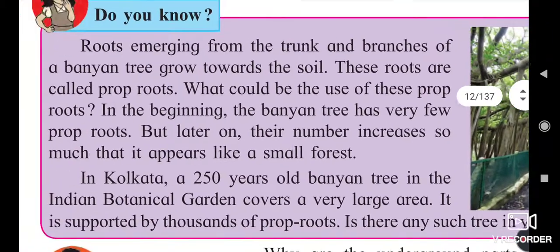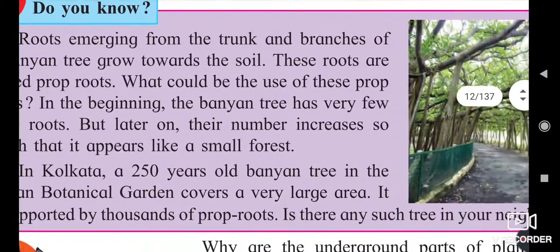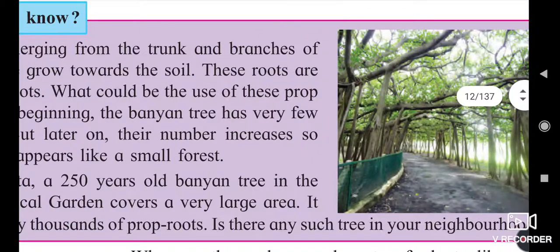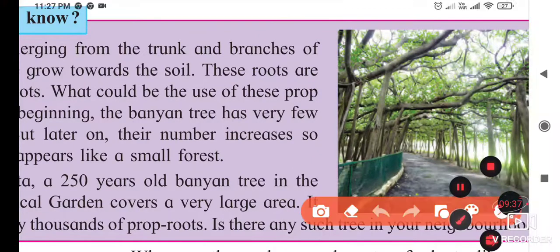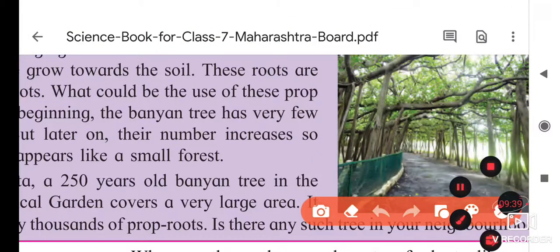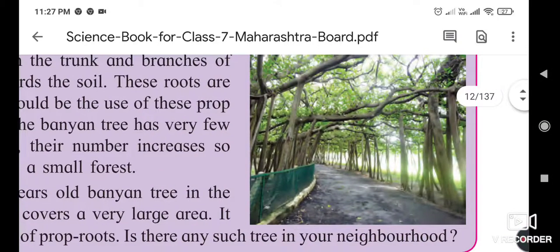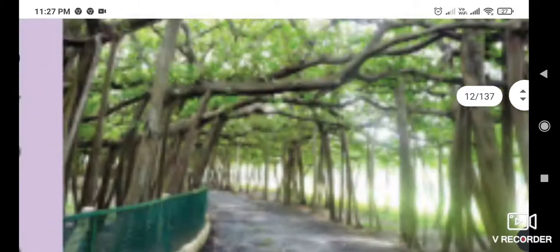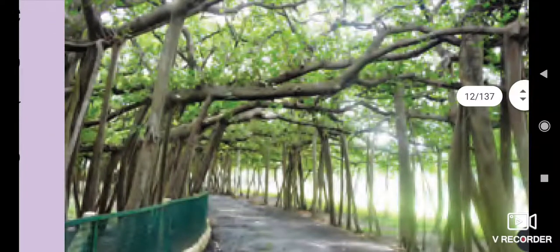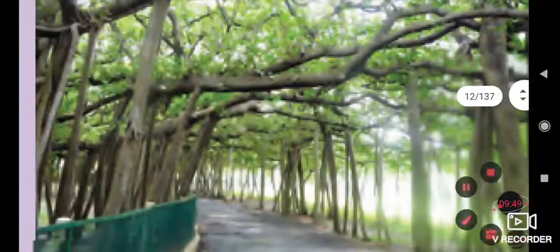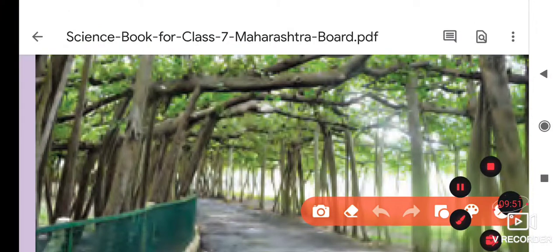These roots are called prop roots. Here in this picture we see the prop roots. This is the banyan tree and this is the main stem.